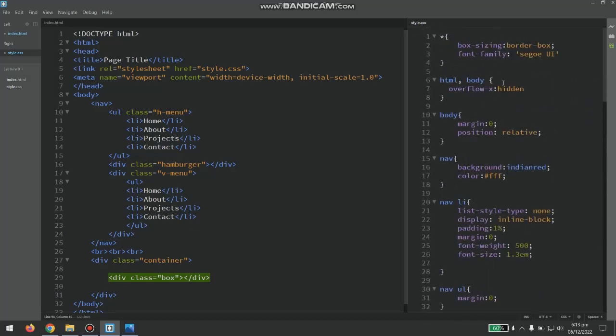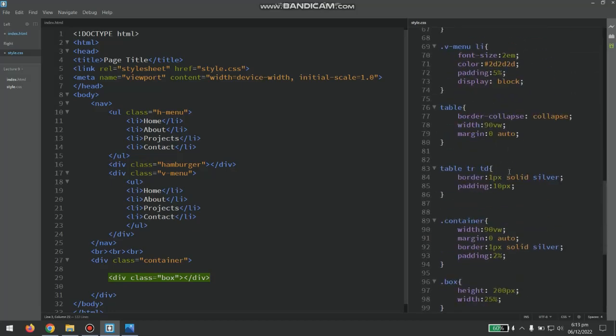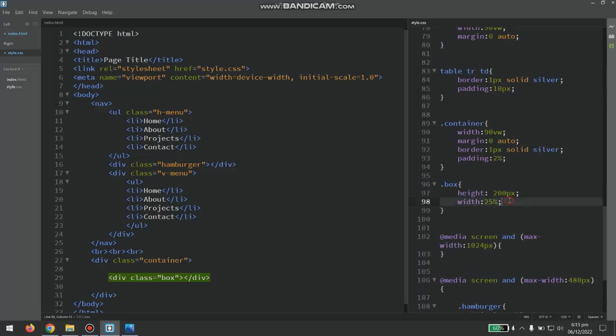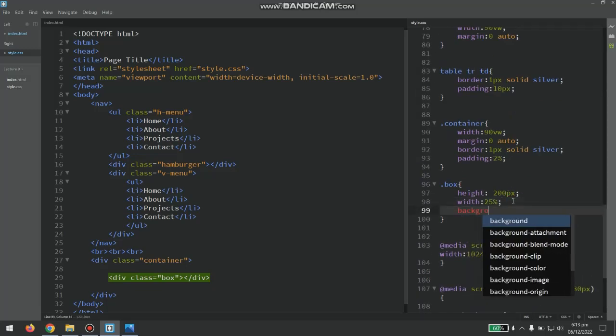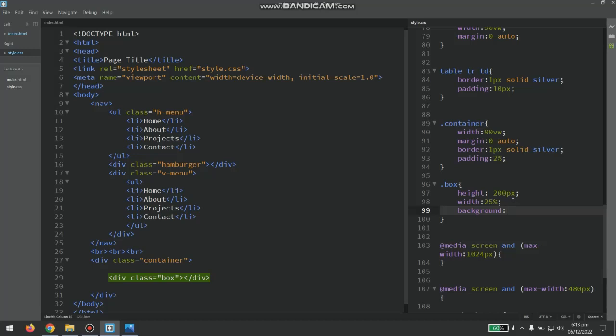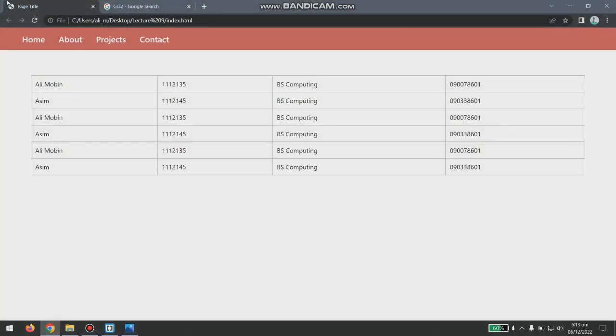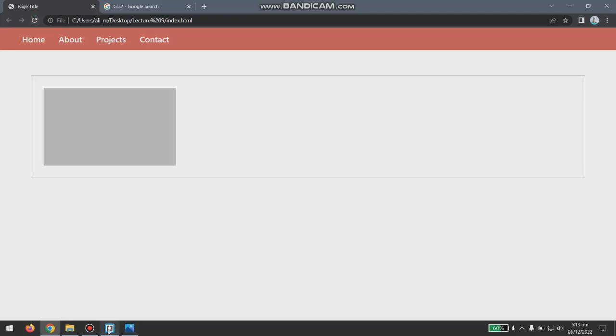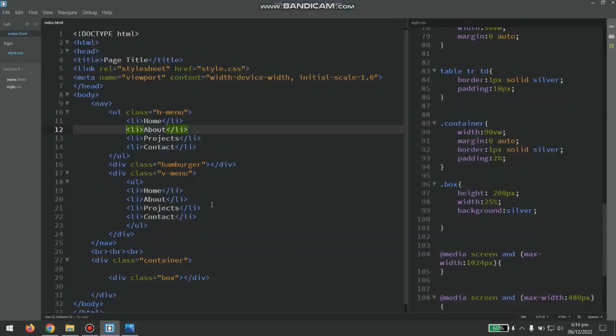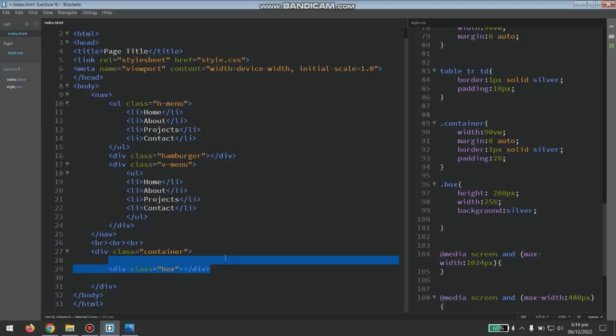Let's check if we have set the box sizing border. So width is this, background silver, and let's check it. Yeah, I haven't set this. Okay, so this is one box. As soon as I make multiple boxes,